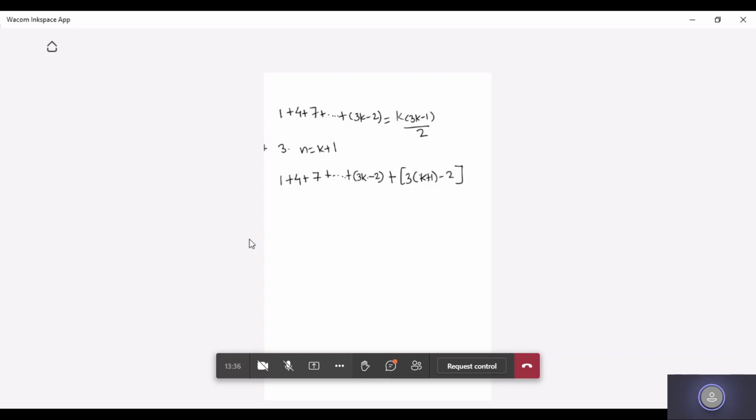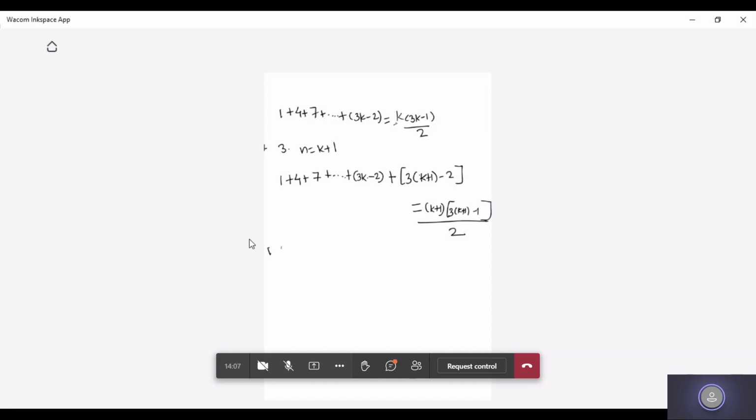Okay. So this would be your LHS, which is equal to, here this n you will replace with k plus 1. So (k plus 1), right? Then (3(k plus 1) minus 1) divided by 2. I hope you are getting this. Okay, what have we done? Simply we have put n is equal to k plus 1 in the given equation, and we have got this equation. Okay, let us simplify this.